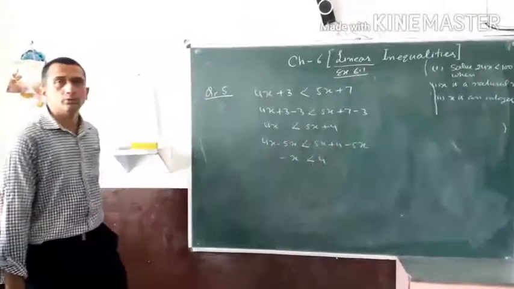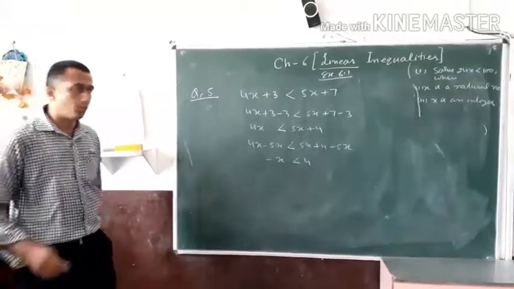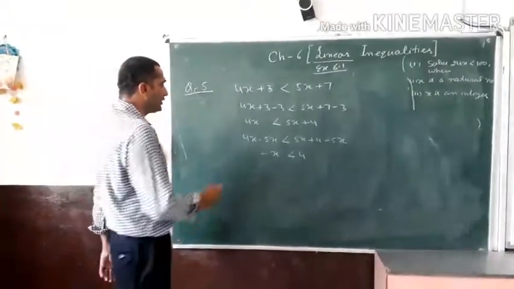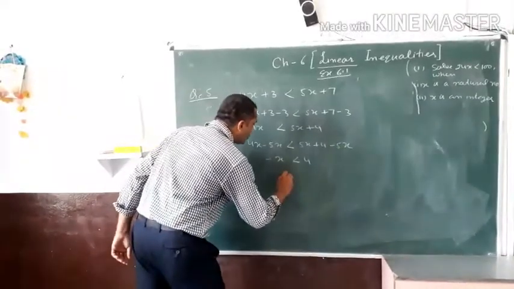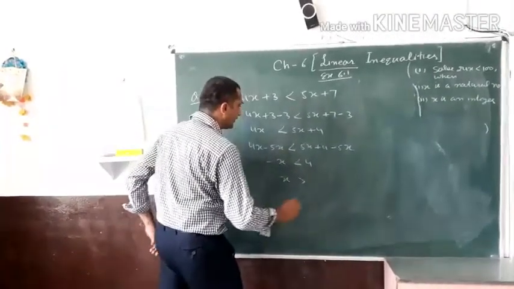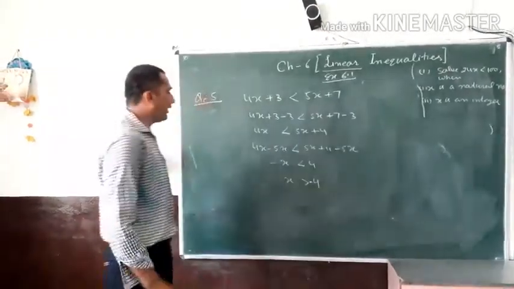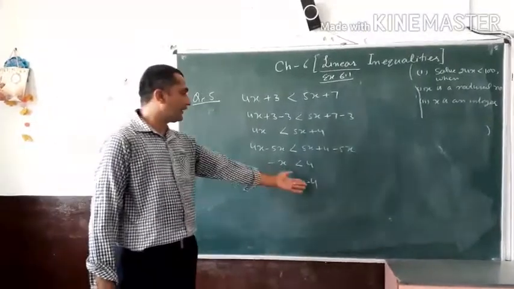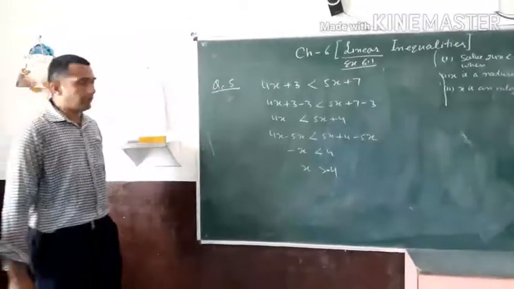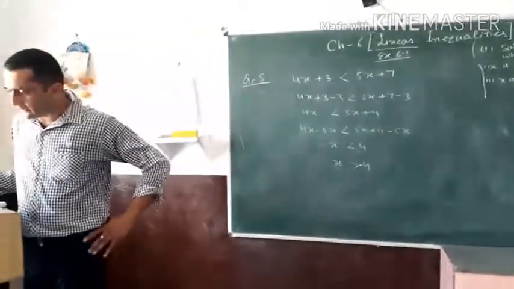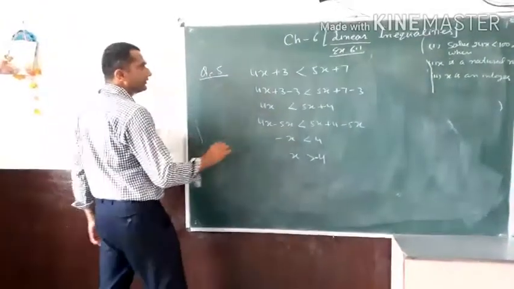And now we have to multiply by the negative sign. So use rule number 2: the sign of inequality will be reversed. So it will be x greater than minus 4. So the value of x will be greater than minus 4. Okay. So next, question number 6 is the same and question number 7 is